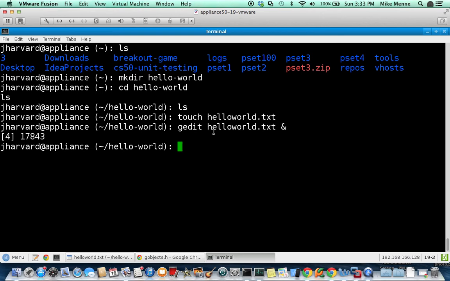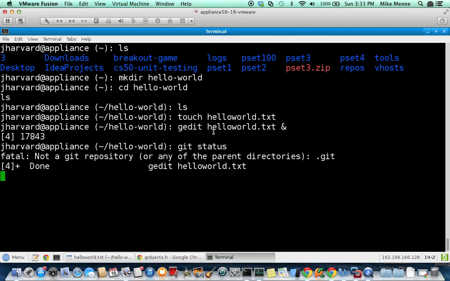So we're going to go ahead and initialize a Git repository locally on this machine. If we type git status, you can see that there is currently no Git repository tracking the changes of our small project with helloworld.txt. And if we type in git init,